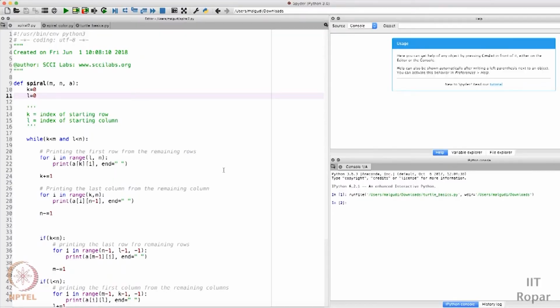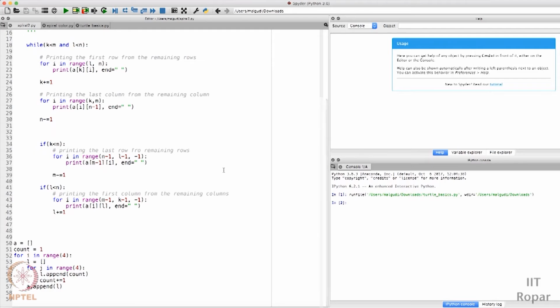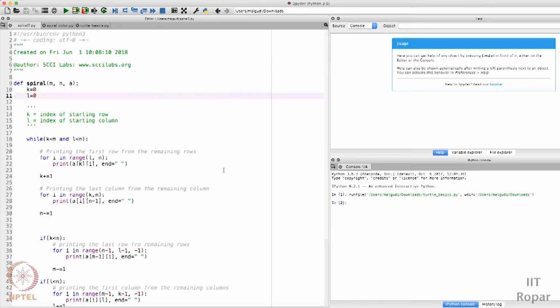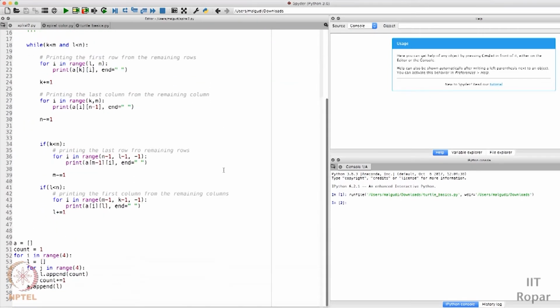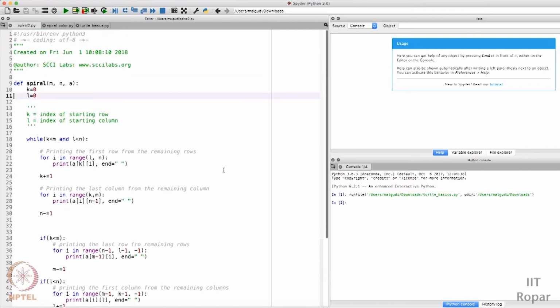In the last video we saw how we can use the turtle library to create basic programs, basic pattern programs and basic animations. We'll use the turtle in our last program, the one we did for spiral order traversal, to create the animation where dots were printed in spiral order. So this is the program which I created before for traversing a matrix in spiral order. We'll use this program to create the animation.